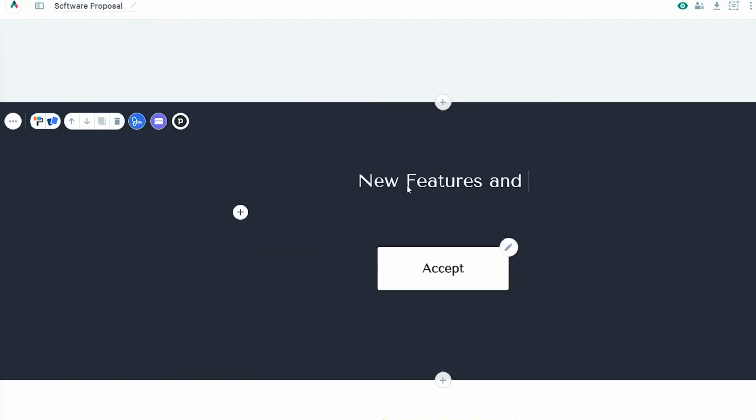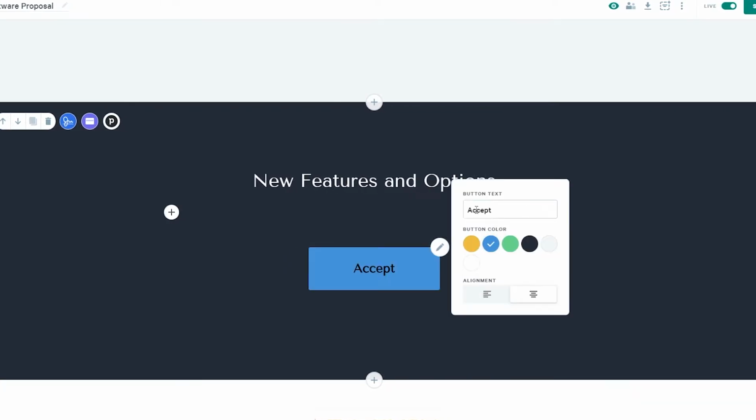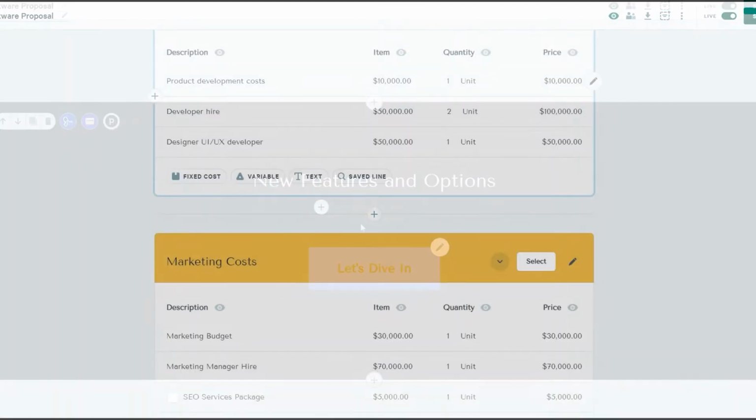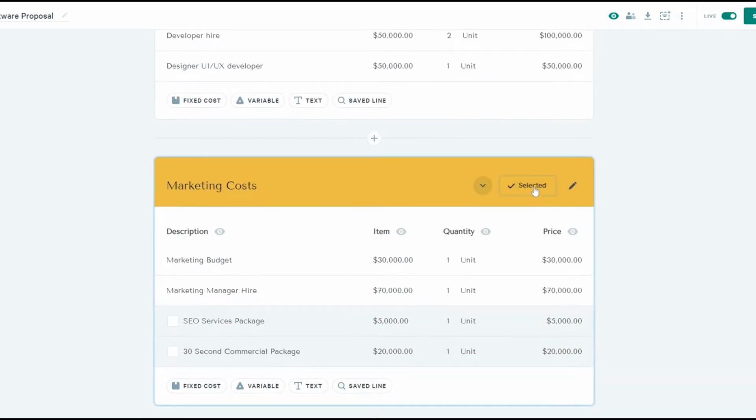So let's get started. In this case, I'm going to set up an accept block for a proposal that I'm going to be sending to my client. You can see the quote block that I've already created. My client is going to need to choose the items that they want, and then they can accept the proposal